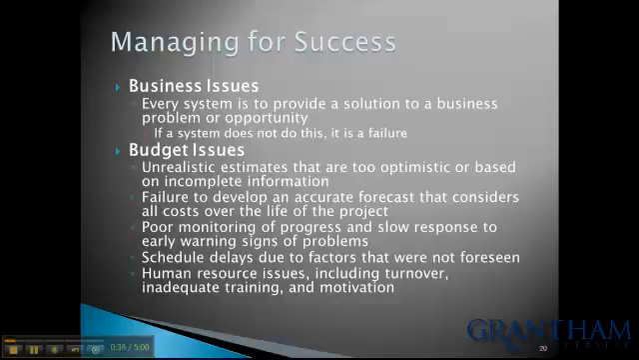When you're managing a project, you have to be able to be effective. With business issues, every system is to provide a solution to a business problem or opportunity. If a system does not do this, it is a failure. With budget issues, if you have unrealistic estimates that are too optimistic or based on incomplete information, failure to develop an accurate forecast that considers all costs over the life of the project, poor monitoring